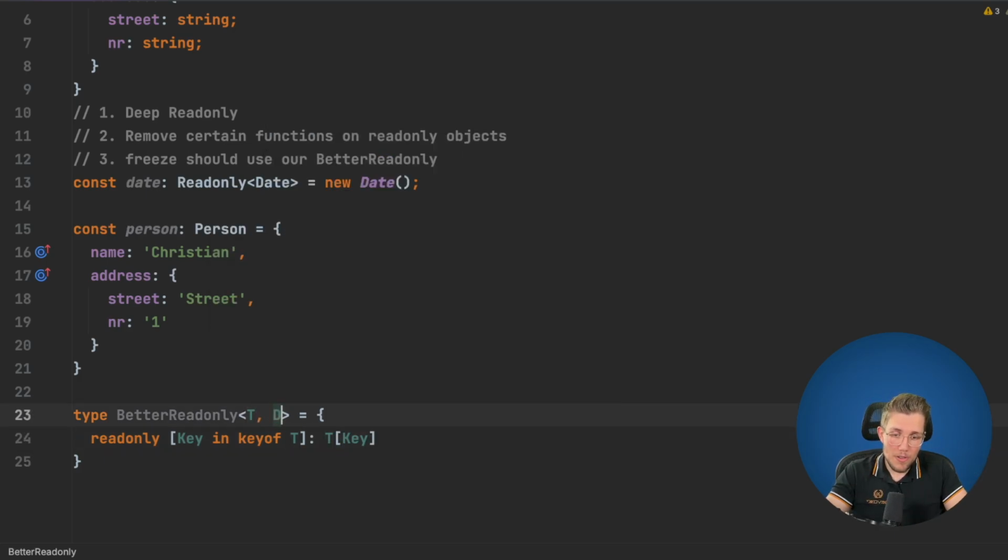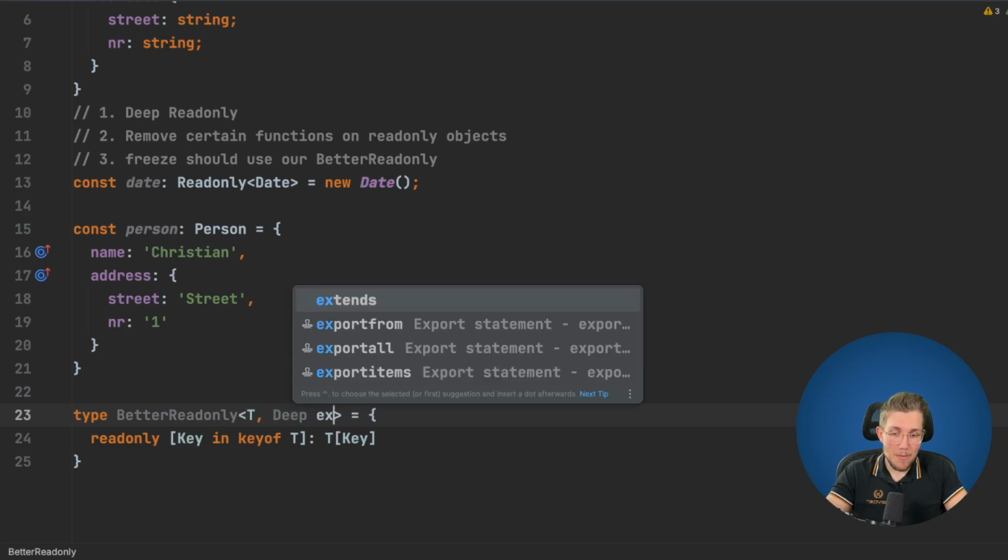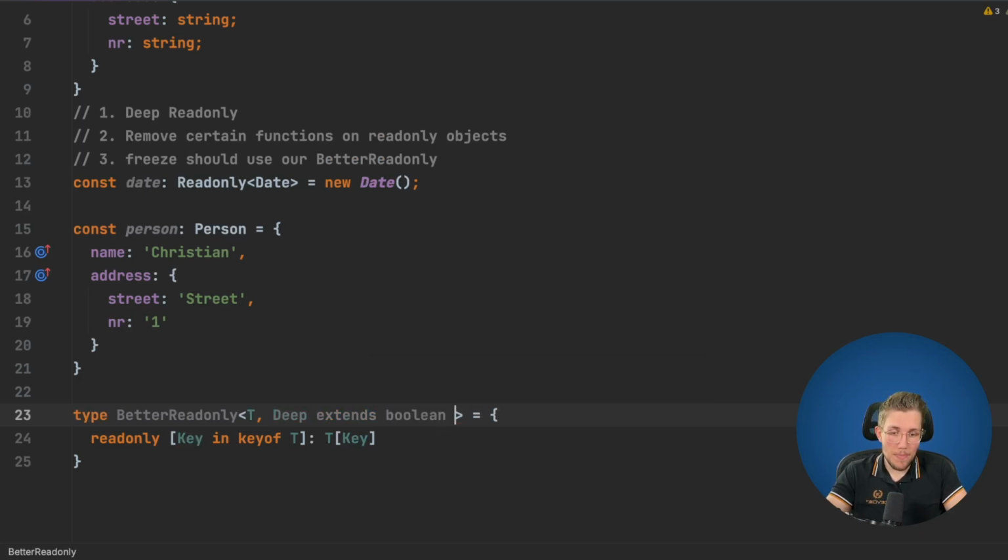What we will do first is we will add a second parameter here, which we can pass, and we will say this extends Boolean, and we will say this is true. We will see later why when we use Object.freeze, but by default, this deep here will always be true like this. Now, how can we make this now recursively call into our type and also make all the other properties